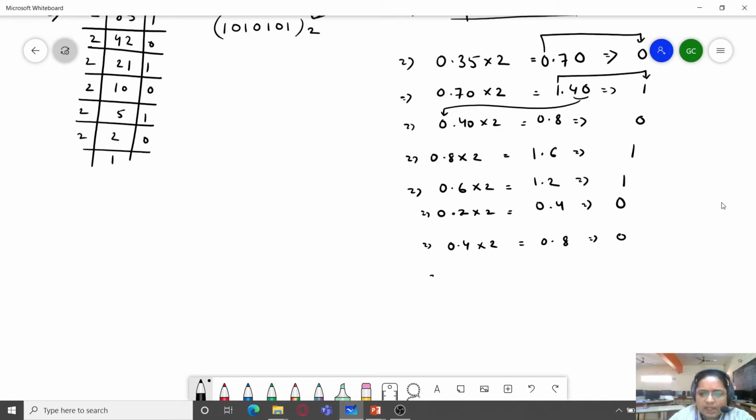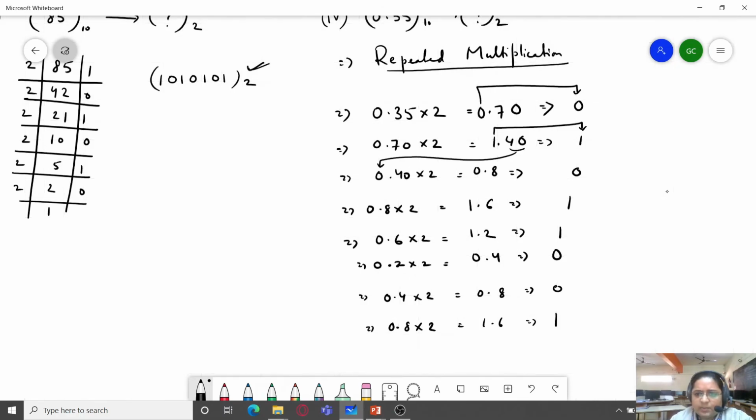So when you are multiplying these decimal parts with 2, there is a possibility you might get 0.000 and so on. If there is a point where you get 0.0 while multiplying, it means that you need not solve it any further. Again here we can see that it is recurring, so we will just stop over here. These many bits are sufficient after the decimal point.